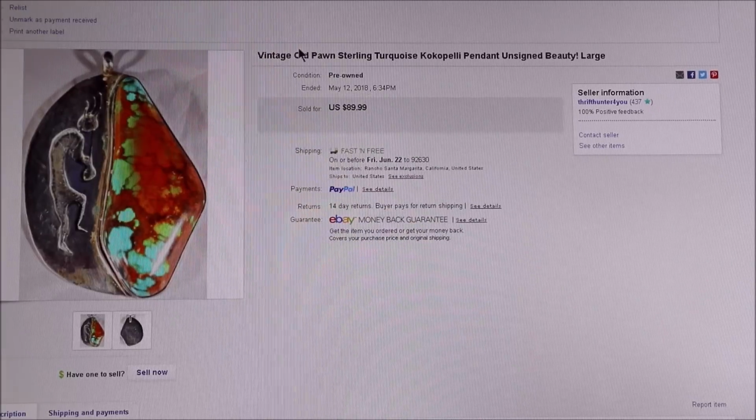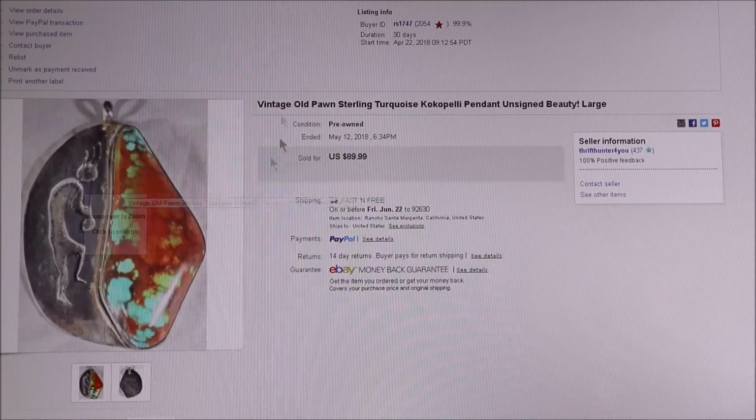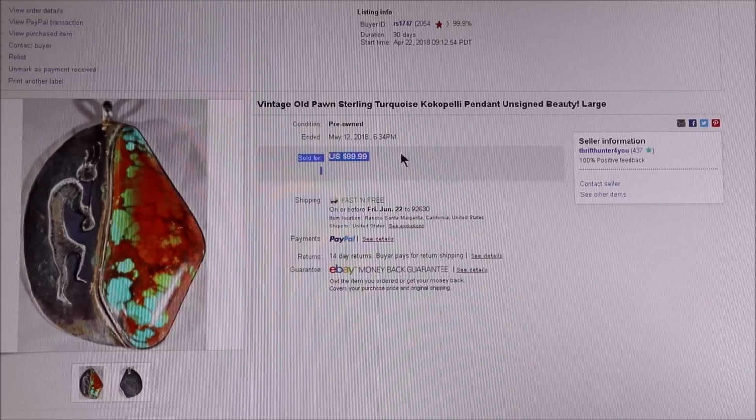This was that big turquoise piece. Sold that for about 70 bucks or 60 bucks. It wasn't at full price, but